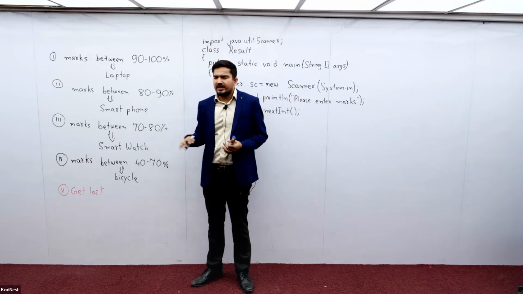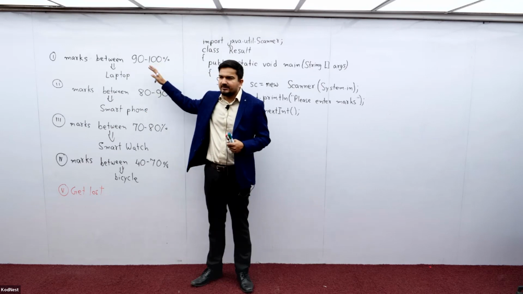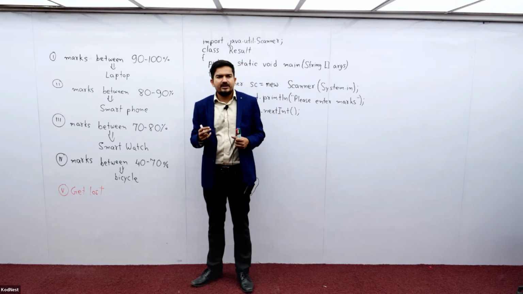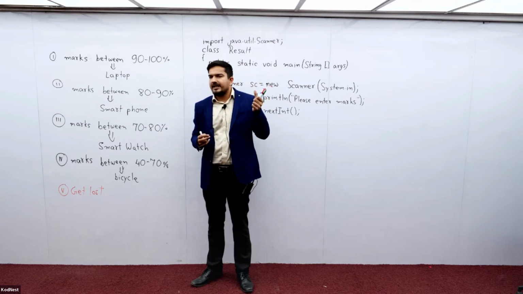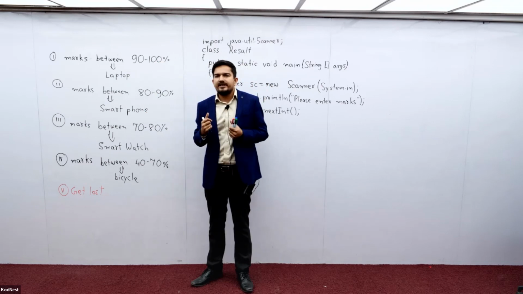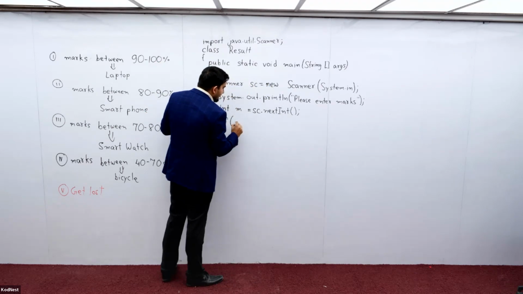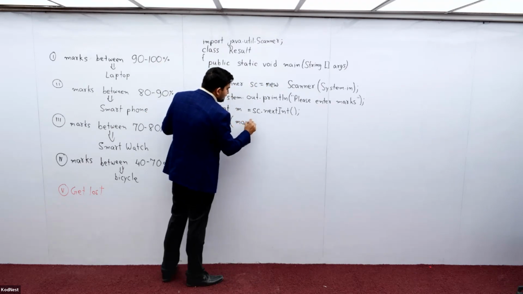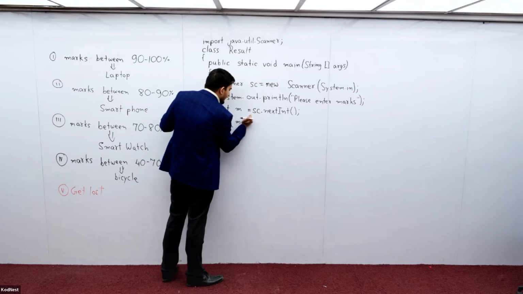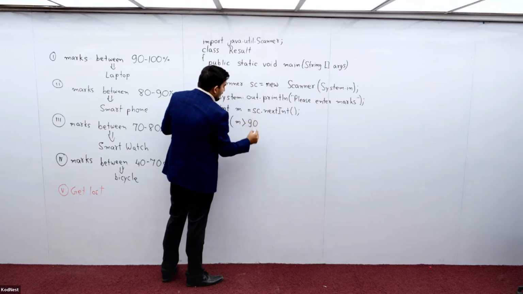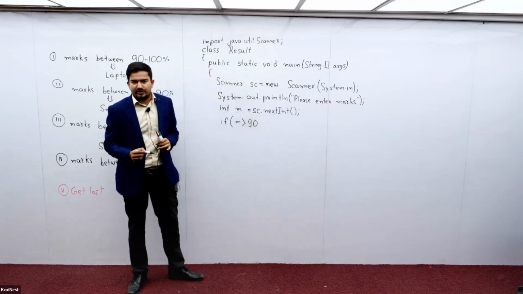But just to show you that, if someone has written an invalid input like that, maybe I will consider both the conditions. One, the mark should be greater than 90% and next, the mark should be less than 100%. If two conditions I have to show, what I will be doing is, first of all, the first condition: if M, I have taken M. If M is greater than what? 90. One condition I have taken care of. Along with